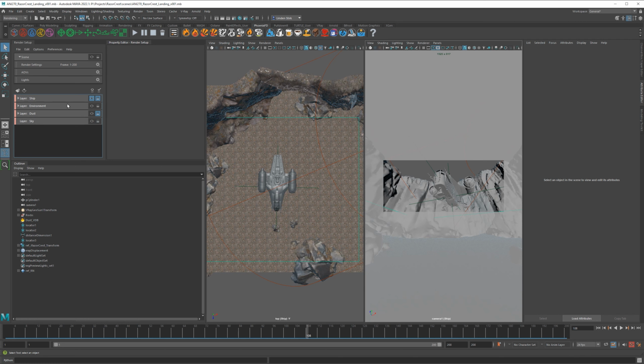Or let's say you just wanted to change how the rocks look. You wanted to change their height or change the geometry completely. Then you could simply do that. And now it's only going to render out your environment. But again, this only applies if you are on campus.